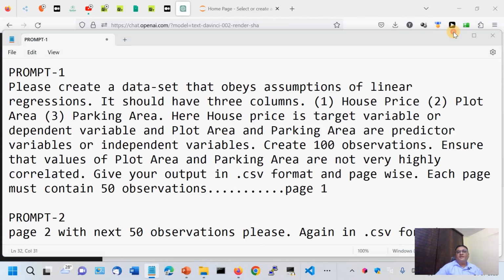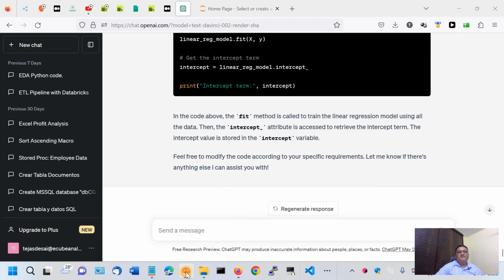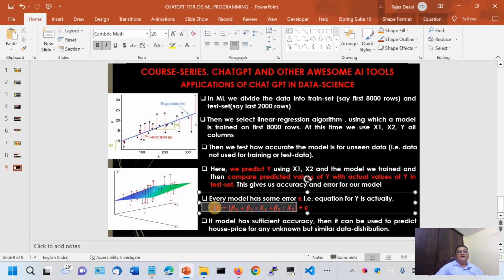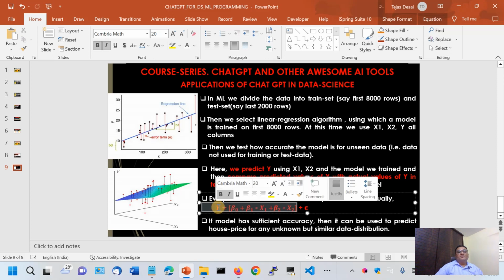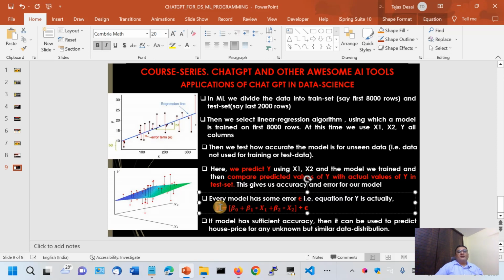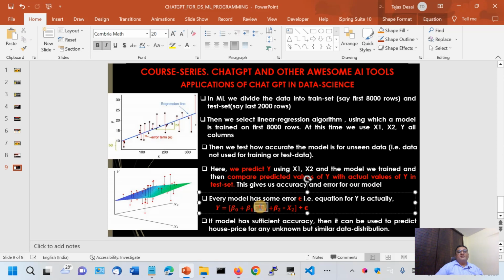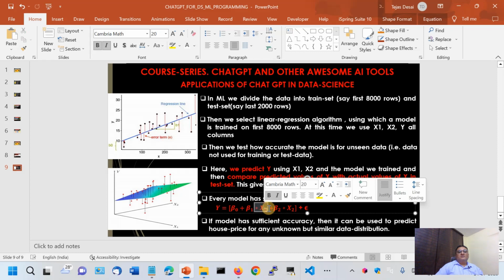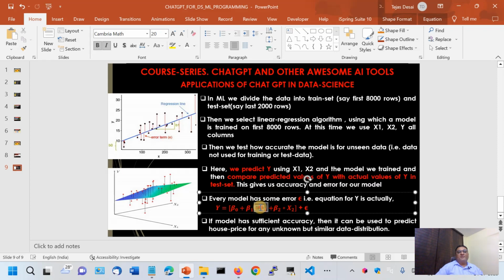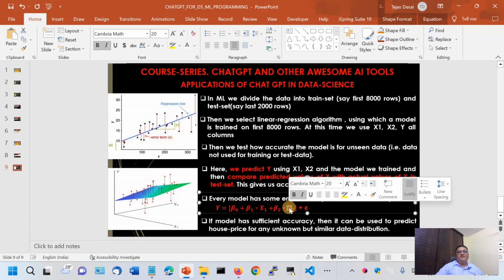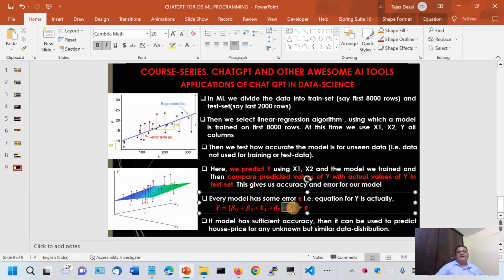Welcome. We were doing how ChatGPT can be used for linear regression. And we had seen in previous lecture that basically in linear regression, there is a target variable, for example, housing price, and it depends upon independent variables. For simplicity, we have taken two independent variables. For example, one independent variable can be plot area, another independent variable can be parking area with that